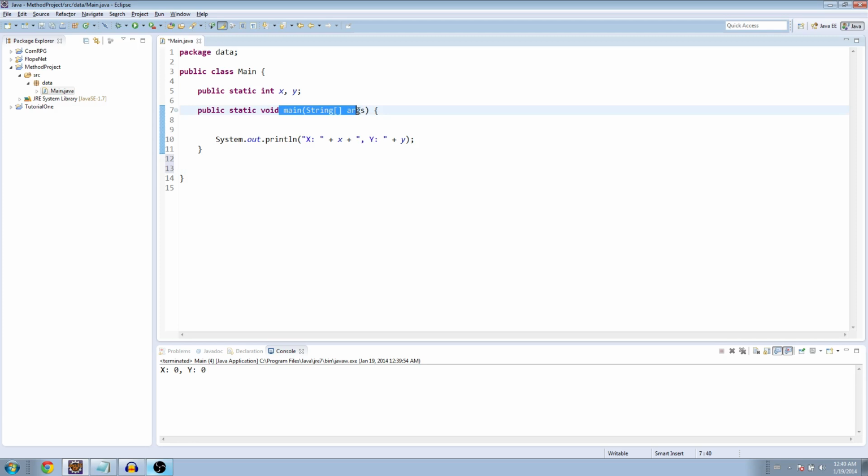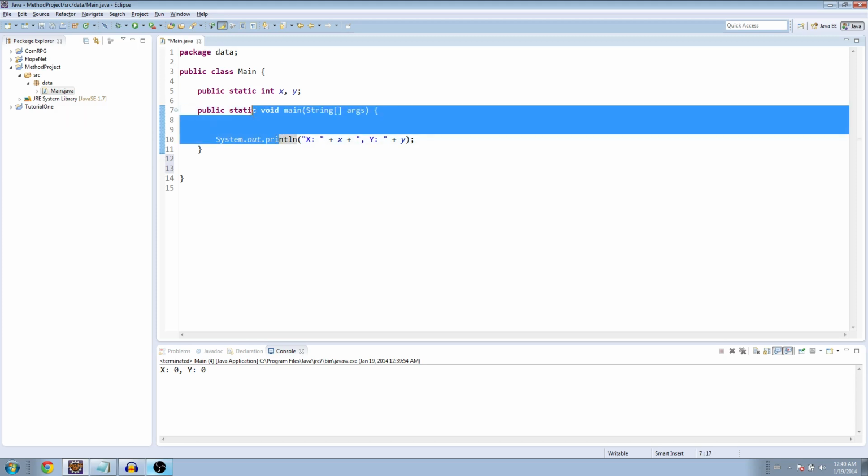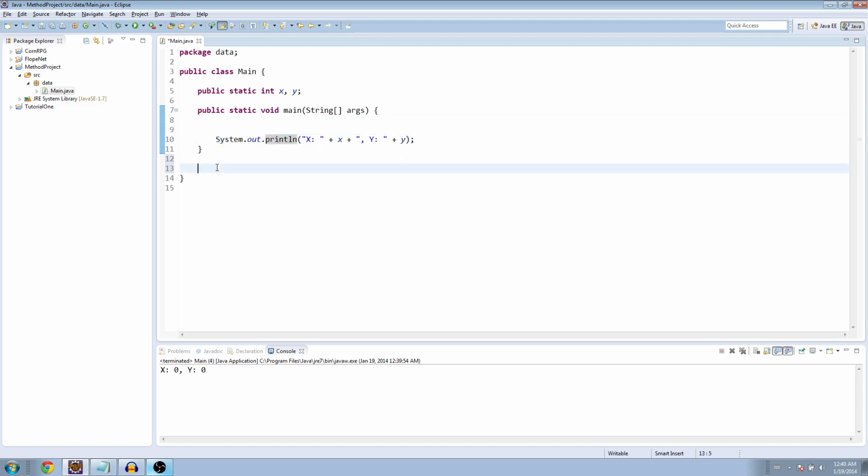And a method is just like a block of code between two brackets that you can just execute over and over again without having to write it over and over again. So you just call the name of the method and it'll execute. In this case, main, our program, or Java, calls main as the first thing it does. And so it executes everything in here. What we can do though is we can create a different method